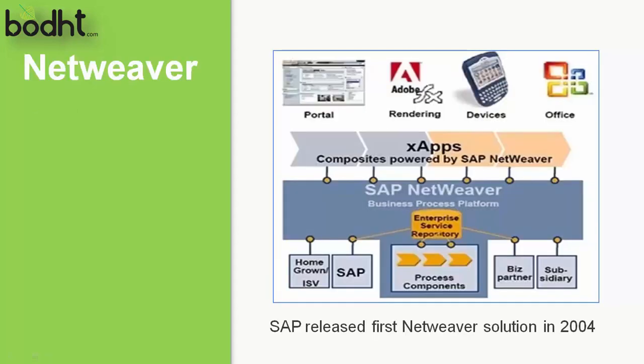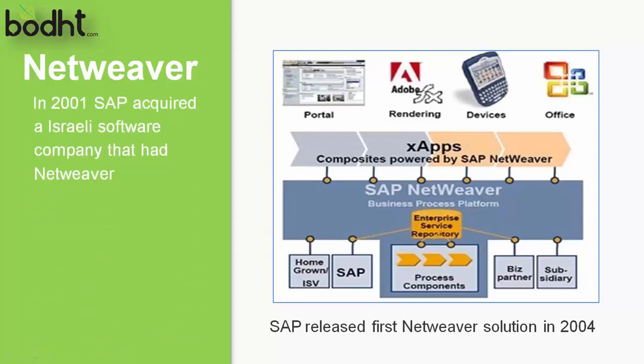One more very important thing to be aware of: there is a technology called NetWeaver. This technology from SAP, the NetWeaver solution, was released in 2004. So what is the benefit of this technology? Let us look at it. In the earlier days, SAP was accessible only on its GUI. It's basically a thick client installation, a small piece of software that you have to install on your PC, from which you can access SAP.